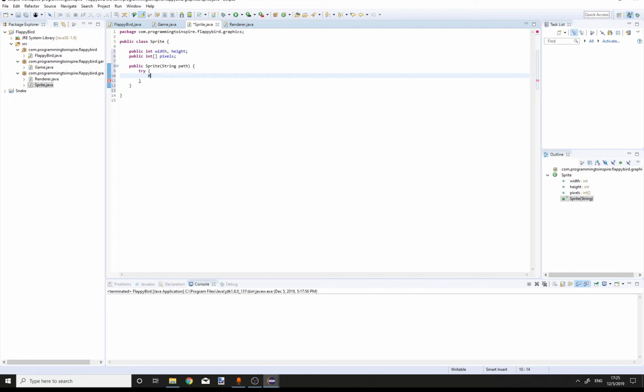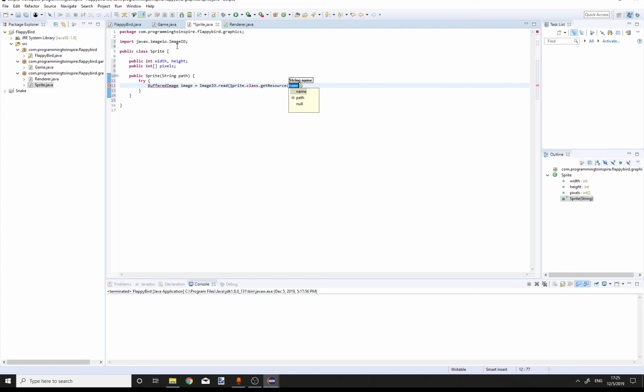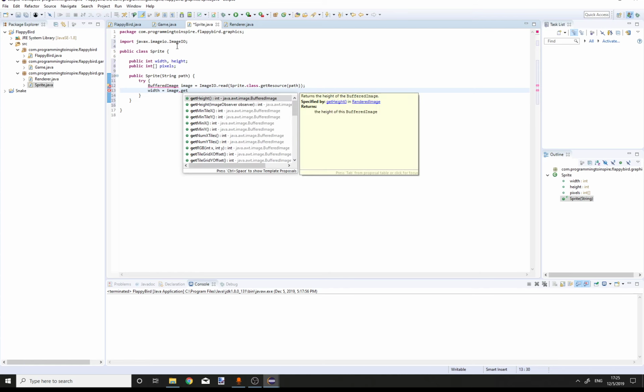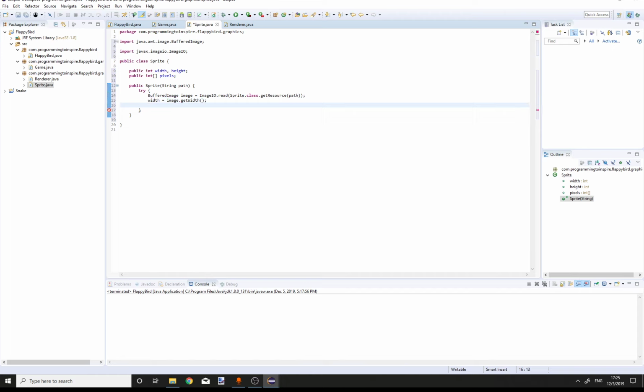Try buffered image. Image is equal to ImageIO.read(Sprite.class.getResource(path)). Width is equal to image.getWidth, and height is equal to image.getHeight. Pixels is equal to image.getRGB